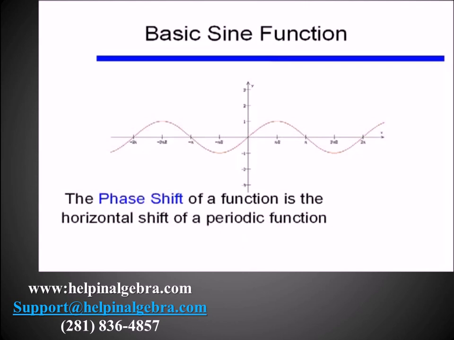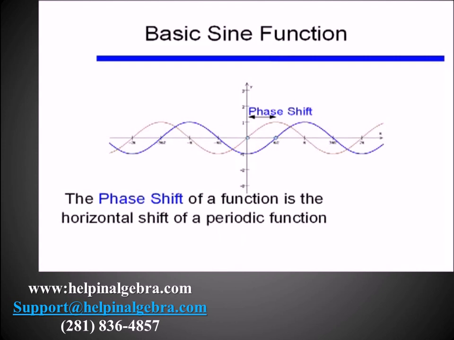Another characteristic of a periodic function that we need to talk about is a possible phase shift, that is, the shift of a periodic function horizontally. For instance, right here, I have a positive phase shift of pi over 2. I take my original curve in red and shift it to the right 90 degrees, and the function is identical